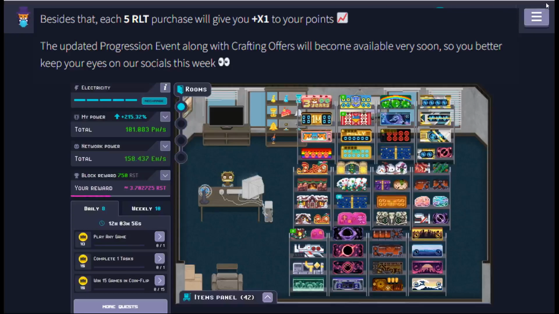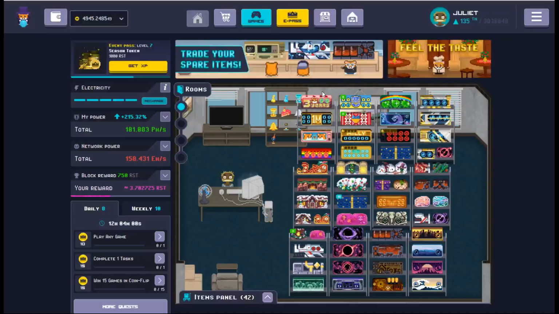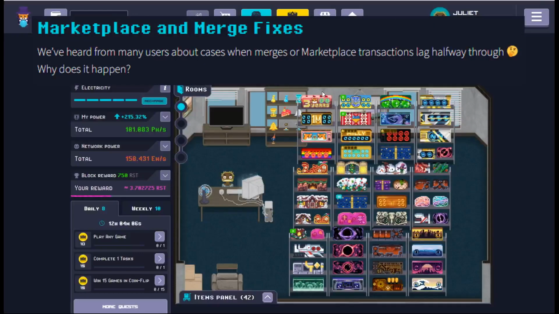The updated progression event along with crafting offers will become available very soon, so you better keep your eyes on the socials this week. So that's going to be really interesting. I'm guessing it's probably going to pop up maybe at the weekend. So it's the 20th of October today. So by the weekend, you might well see these things being implemented into the game, which would be really cool. Okay, so